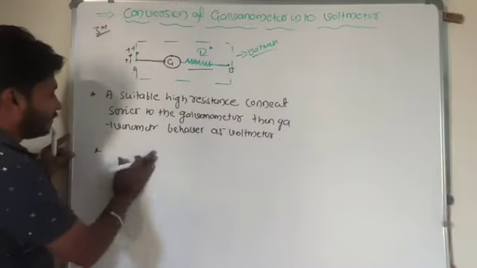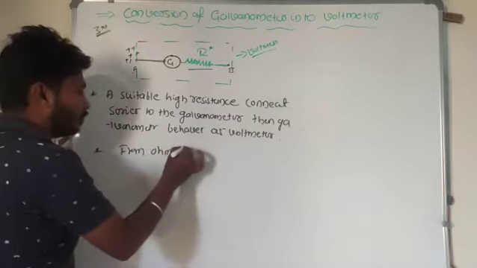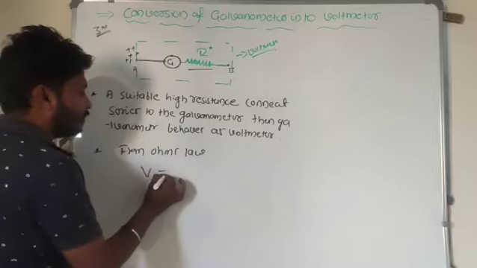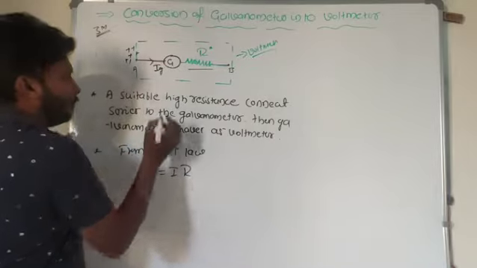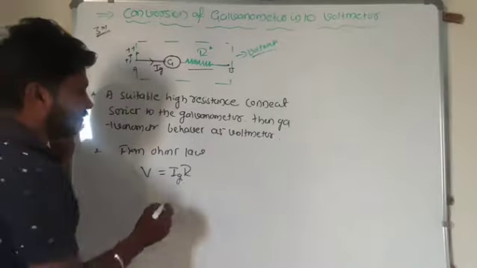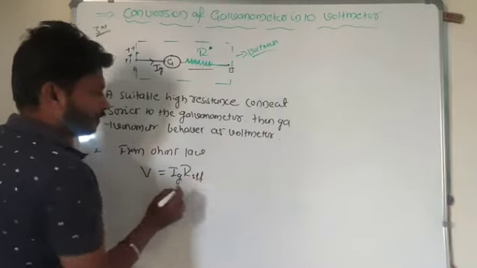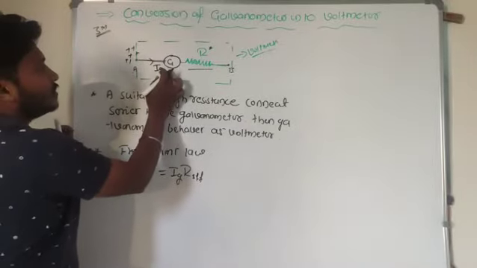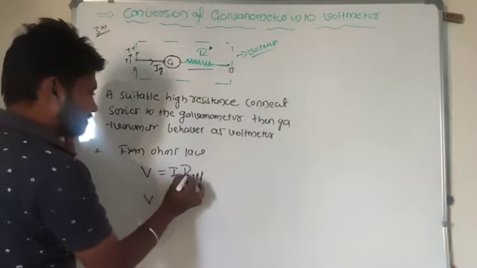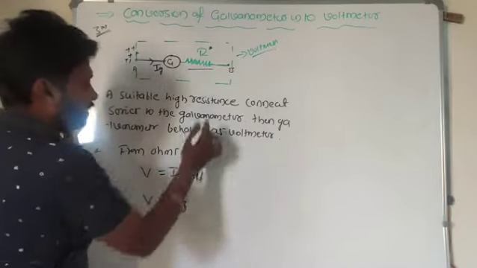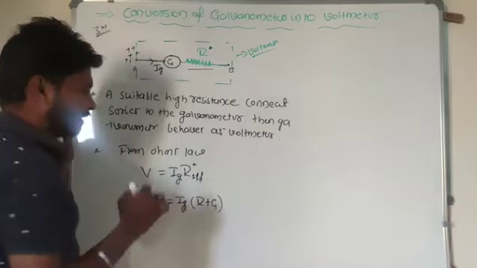For that mathematical calculation, from Ohm's law I can take V equal to I into R here. Here I means the current through the galvanometer. That current I can take as Ig. Here R means effective resistance. What is the R effective value here? G and R are both in series combination. So instead of R effective, I can take it as R plus G.